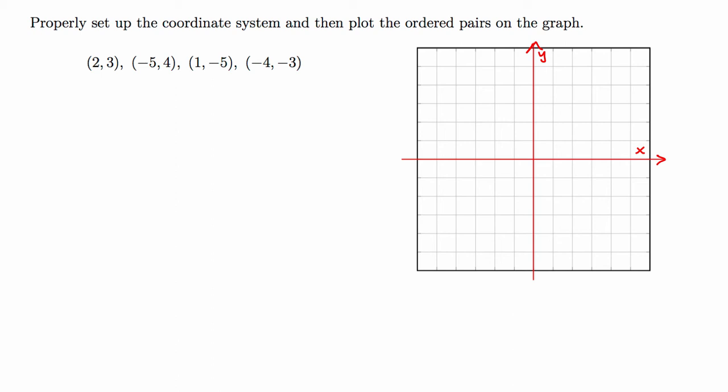The final detail, which is probably one of the most important details for having this graph have any meaning, is to put a scale on each axis. The scale is an explanation of how the spacing between each of these lines is going to be represented. In this particular example, we could use a scale of 1, 2, 3 on the x-axis. We want to make sure we understand that if it goes 1, 2, 3 to the right for each tick mark, then to the left it would be -1, -2, -3.